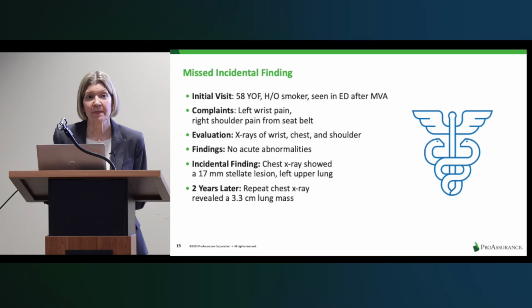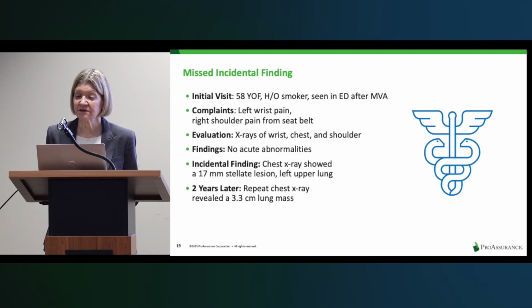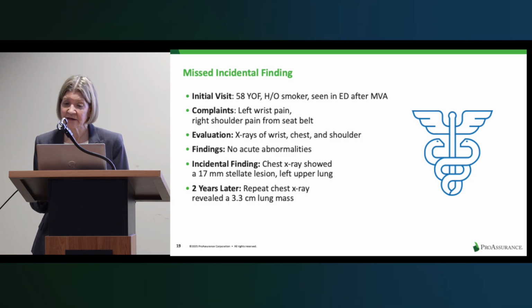In this case, a 58-year-old woman presented to the emergency department after a car accident. Upon exam, she complained of pain in the left upper chest and left wrist. X-rays of her wrist and chest were taken. Both X-rays were read by the radiologist, and the wrist X-ray showed no acute abnormalities. And although the chest X-ray also showed no acute abnormalities, the radiologist saw a 17-millimeter nodule in the left upper